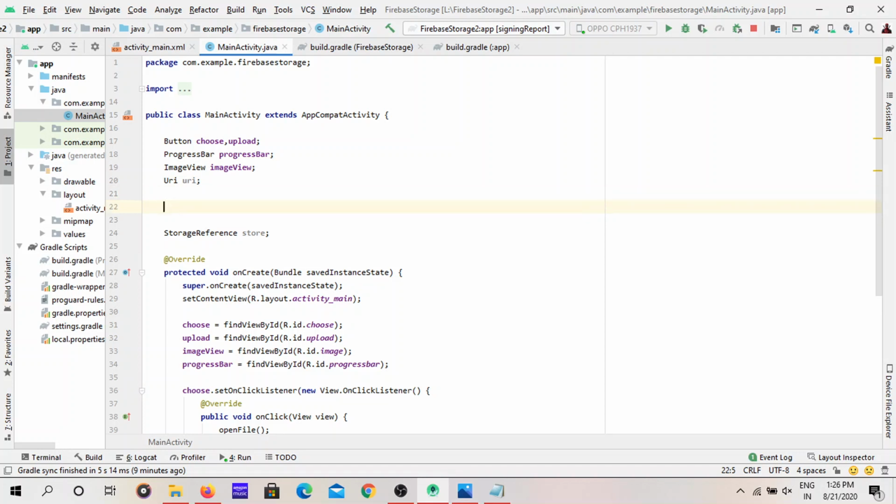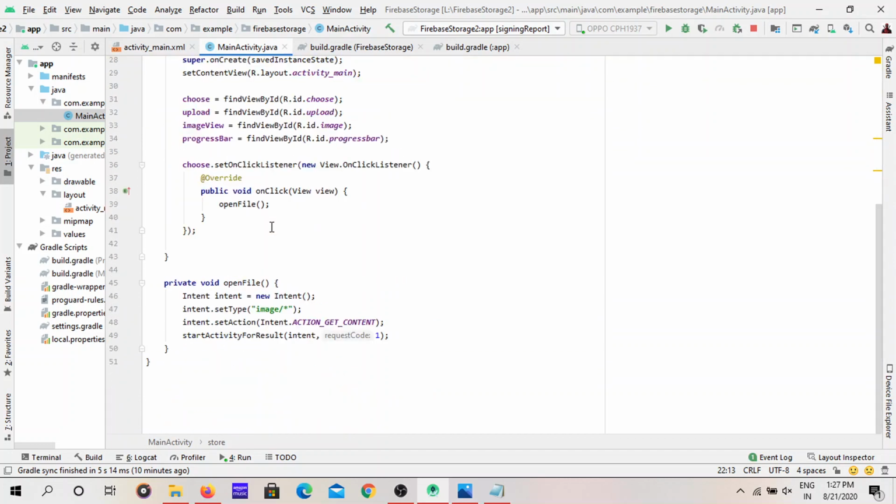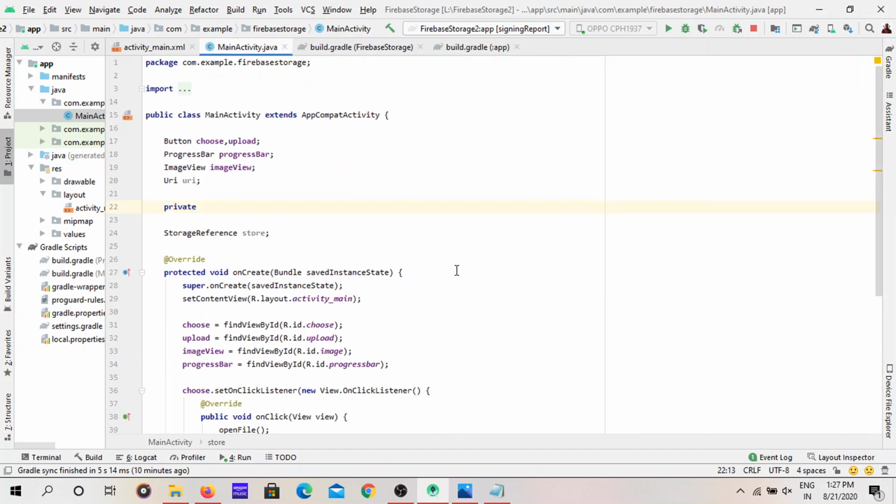In every programming language there is a type called constant variables. You can't change them. Let me create one constant variable to store this one, like private final int.